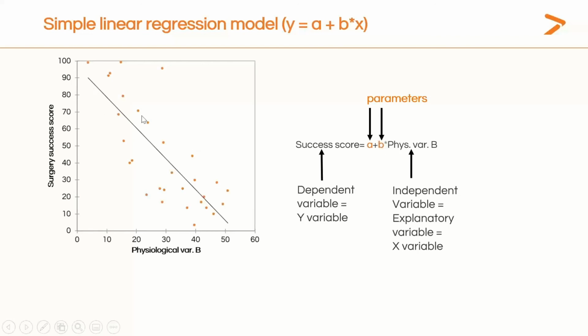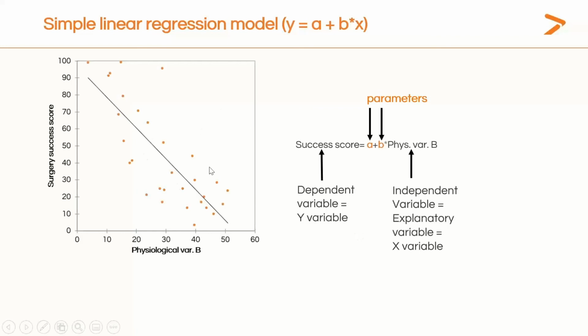This is the slope of the line. So if b is negative, it means that the line is decreasing. If b is positive, it means that the line is increasing. If b equals 0, then the line is flat. So the software will compute estimates of these parameters and will allow us to see whether the line is significantly